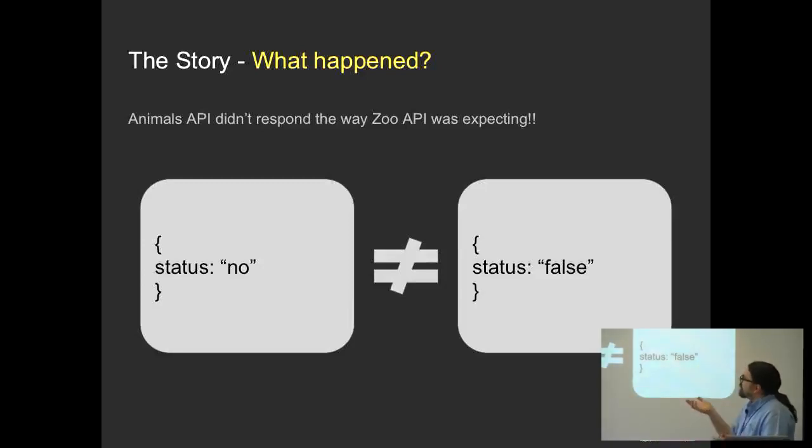So the error they found is actually very, very simple. Someone changed the status from no to false because it made more sense programmatically, right? Why would you use a no string instead of a false string? So,